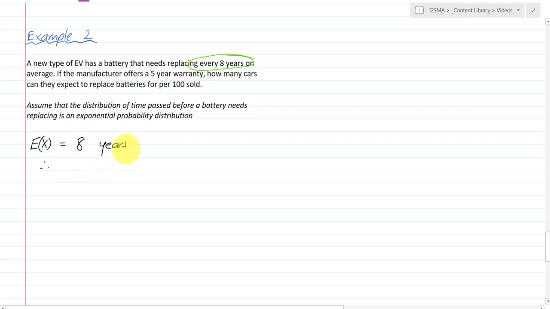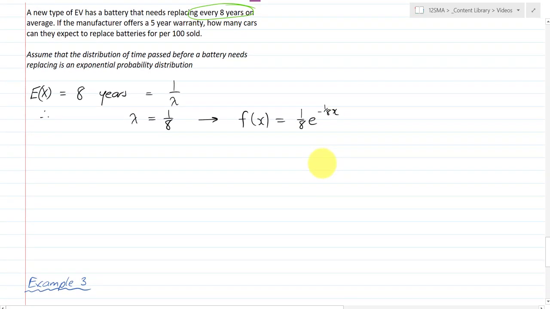The expected value equals 1 on lambda, so lambda is equal to 1 on 8, and we get f of x, the probability distribution, is equal to 1 on 8 e to the negative 1 on 8 x, and we could integrate that between 5 and 0,